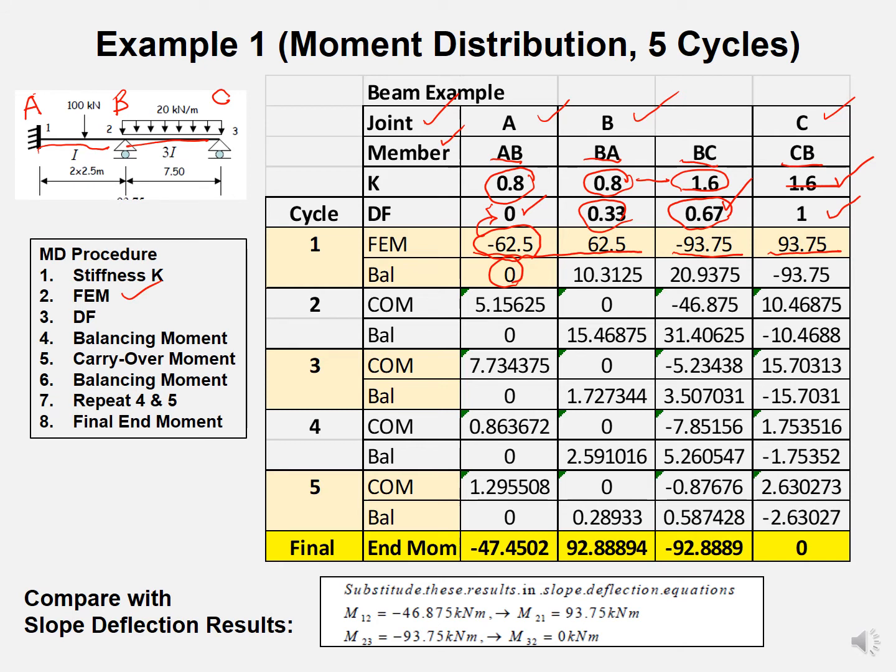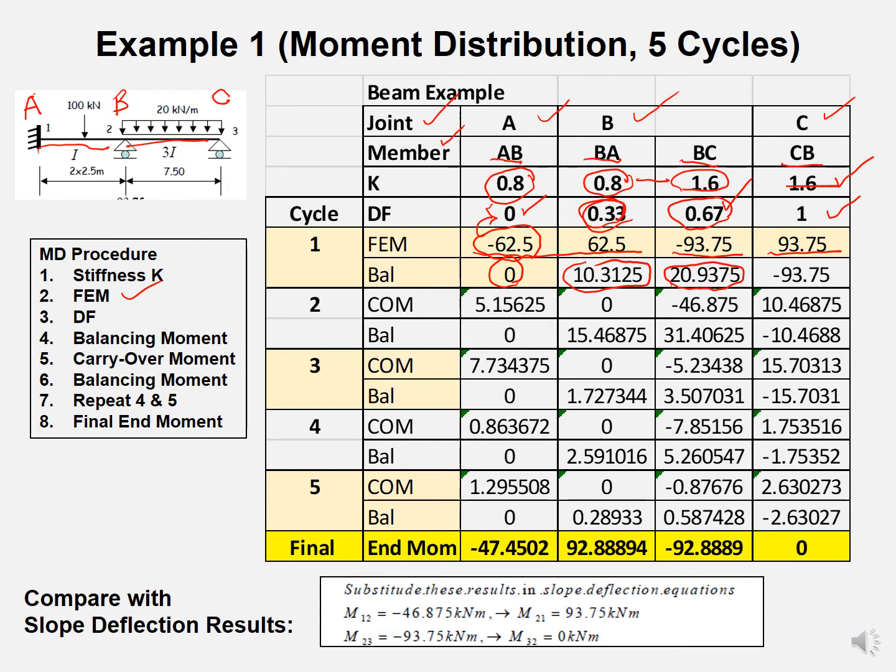That is a negative value. So you apply a positive value of the difference, multiply it by 0.33, and you will get 10.3125. For member BC, the value